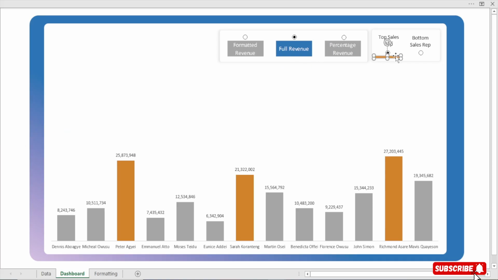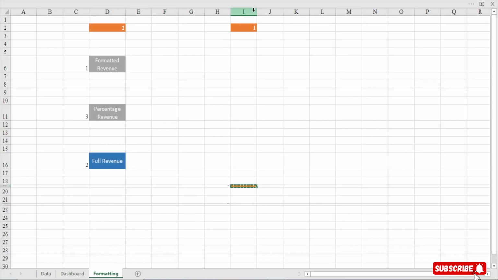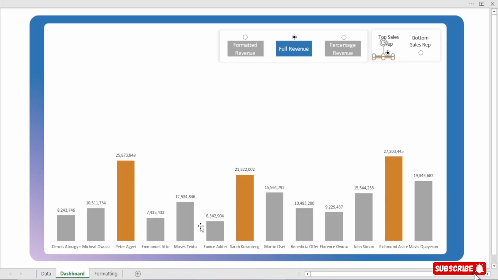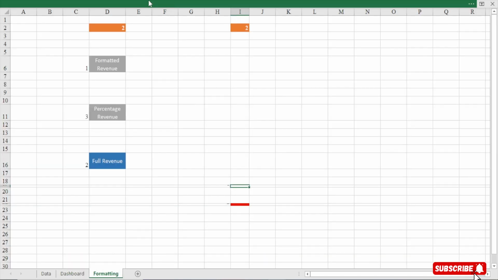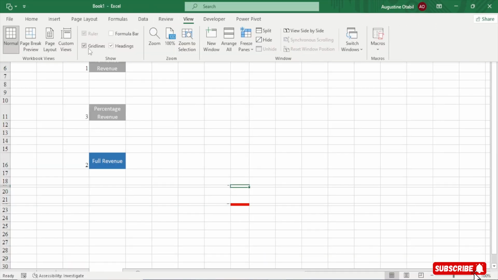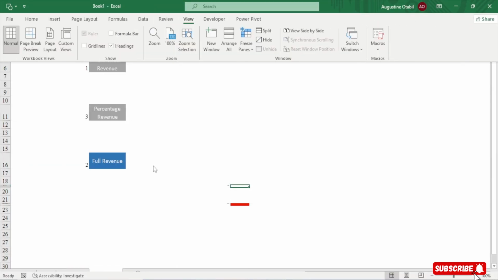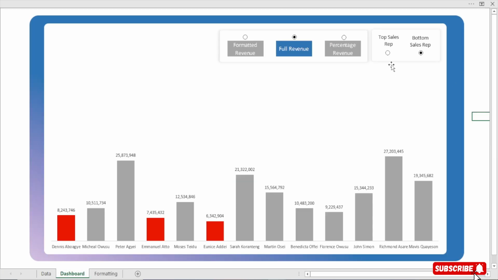Perfect. So see, it is too long. So you come here and then we will play with the height like this. So see, it has reflected here. So this is what we have. Do you see that? Now when you change to red, see this goes off, right? We are seeing this because we didn't turn off the grid lines. Let's go to view. Let's turn off the grid lines, right? Now when you come here, you see we don't have anything here, right? But then when we toggle, you see we have it back. When we toggle, we don't have anything.